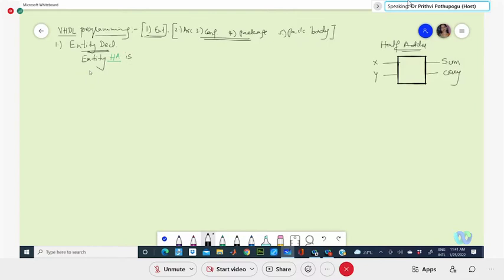Okay, and here we call them ports. These are input ports and output ports. So these ports declaration will be done by your entity. They are not giving any relation between these ports, but they will be listing out the input ports and output ports.